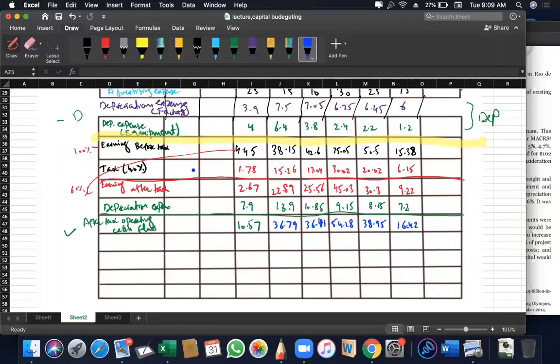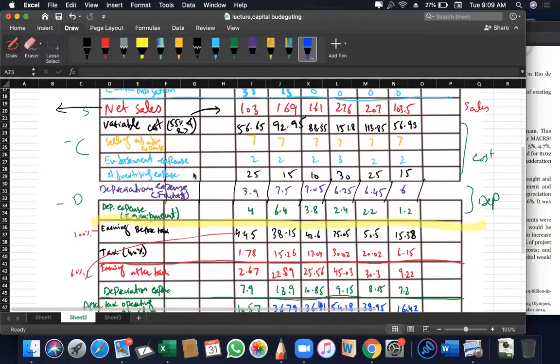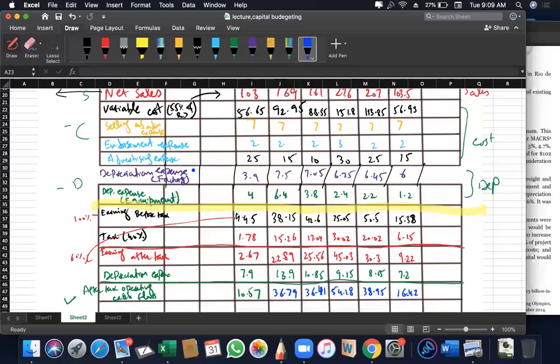So this was the question, how to find the after tax operating cash flows. Now for the remaining two parts,